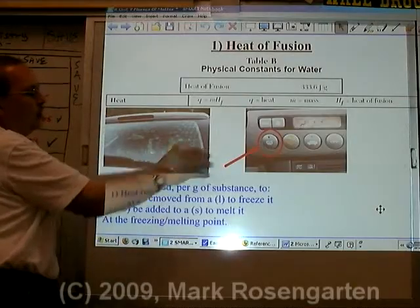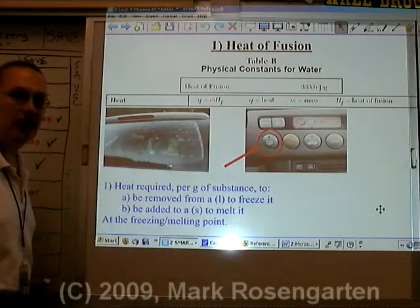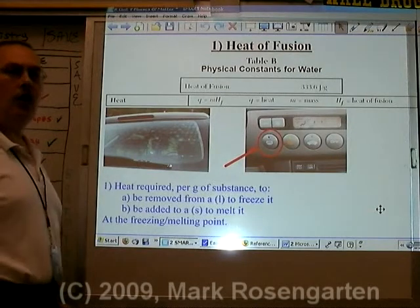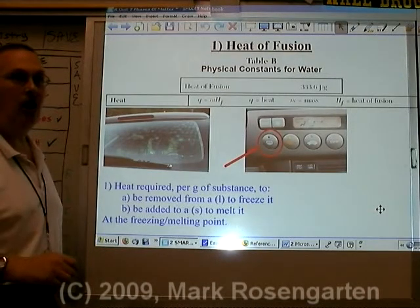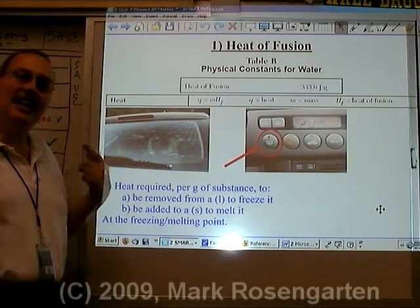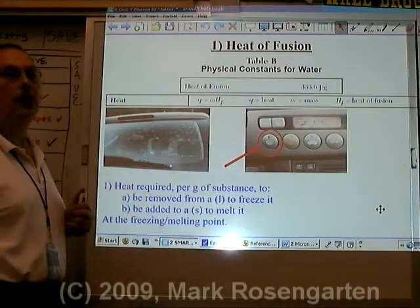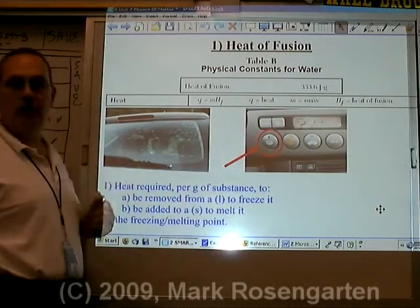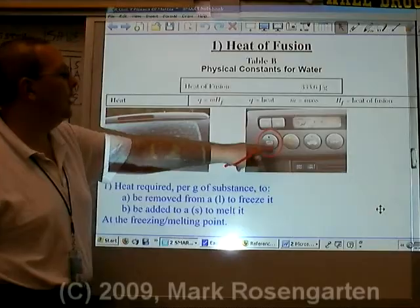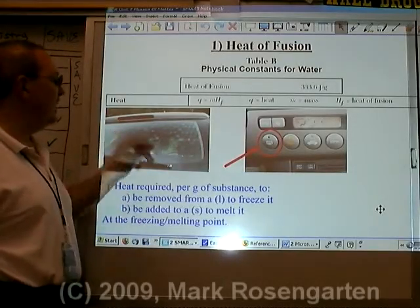On the back windshield of your car, you may have noticed that there are horizontal lines going across it. You might think this is your car's antenna, but you'd be wrong. These wires here are heating elements, and what they do is they heat up in order to defrost your rear windshield. You can also use it to defog your rear windshield. You push this button right here, these heating elements heat up and add enough heat to get the ice to